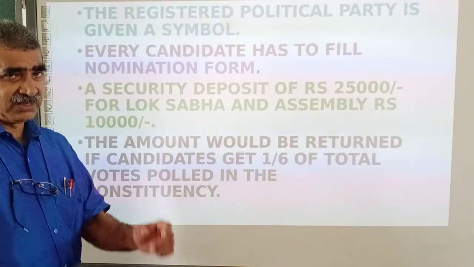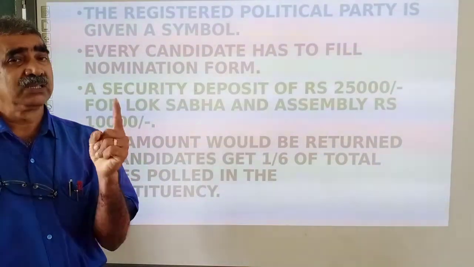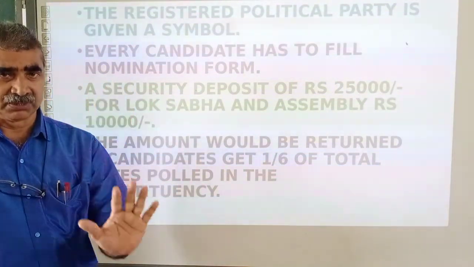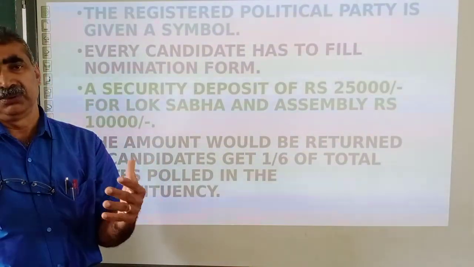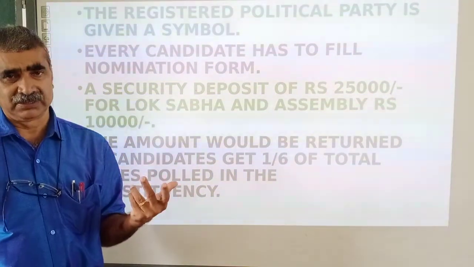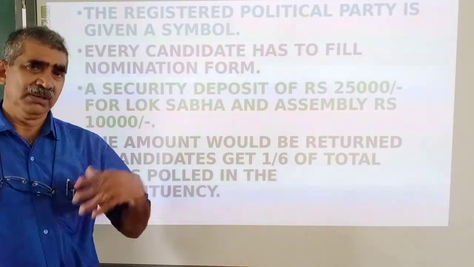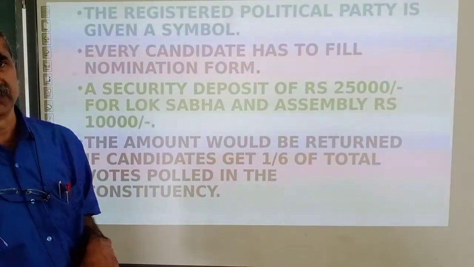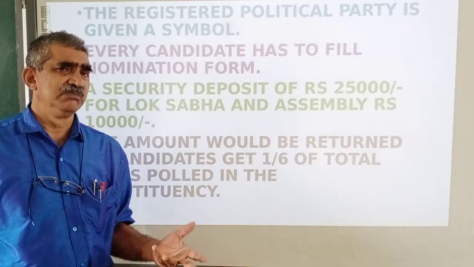Every political party registered with the Election Commission is given a party symbol. As I told you, a hand for Congress, a lotus for the BJP, a bow and arrow for Shiv Sena, and so on. Different symbols are there for different parties. So many cycles, two leaves, flowers. SP, BSP, everybody has one. BSP has an elephant, TDP has a cycle. Like that, every party will have its symbol.